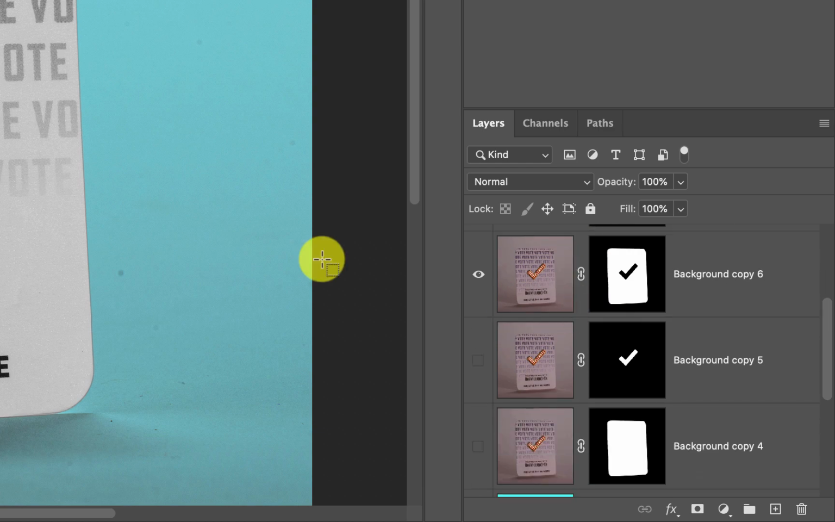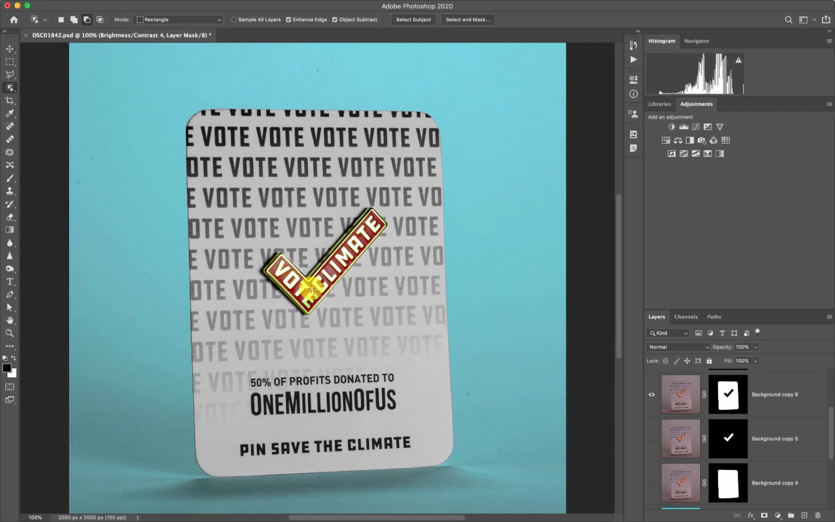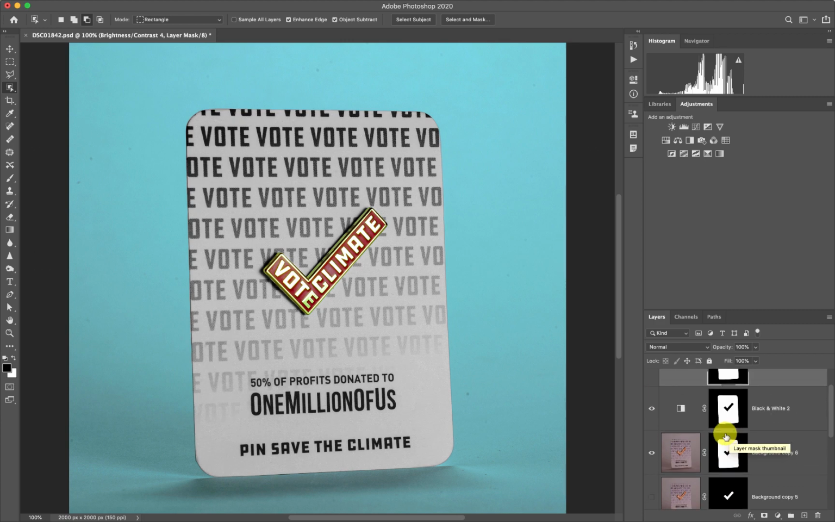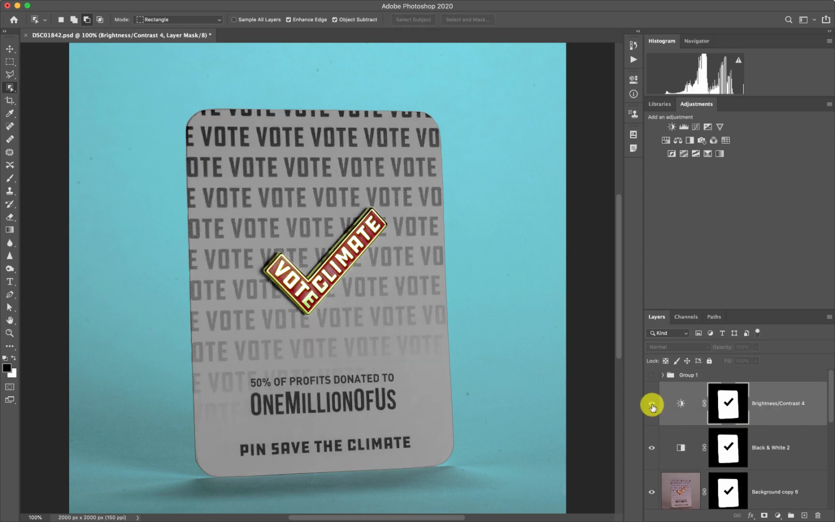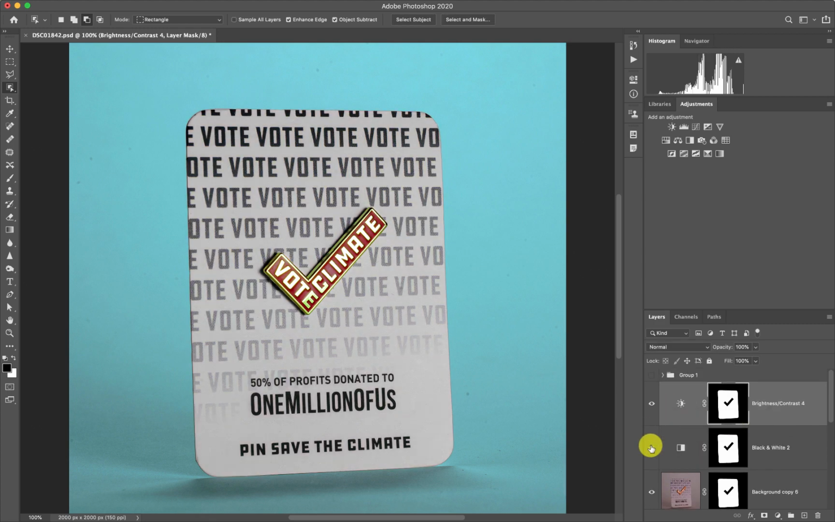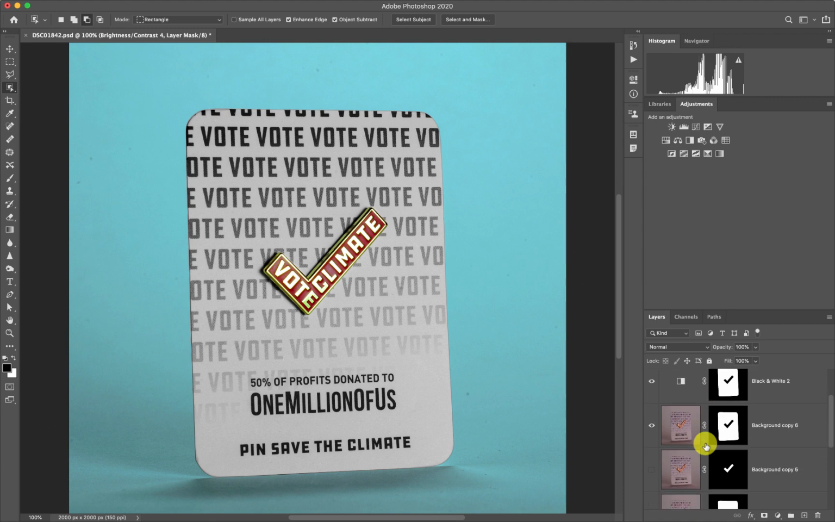And now I want to do some adjustments to this vote climate pin. Okay, I think it's a little bit too bright and it needs some adjustments. Let me make sure you can see everything that's happened. Okay, now I'm going to come back down here and I'm going to add mask to selection. So it just now is selecting the pin,